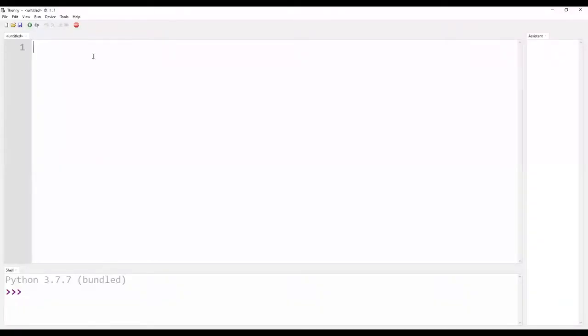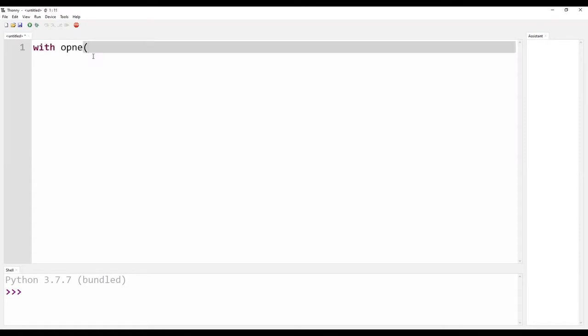Now let us discuss how to use the methods, namely write and writelines, to store the data onto a text file. Let me use the write method in order to store the data. To do that, I am using with open.